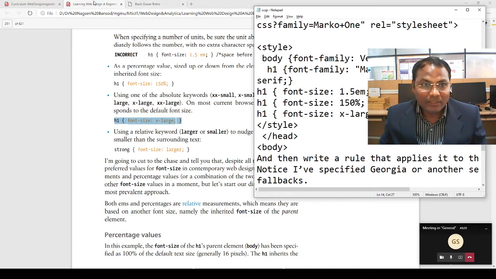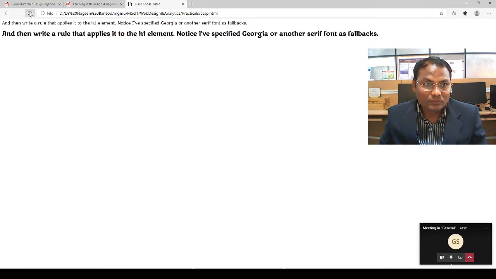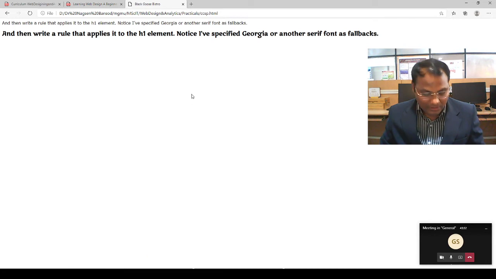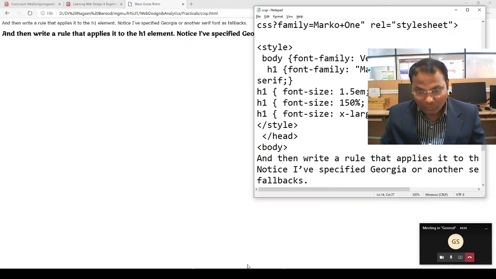There may be inheritance, yes, they are inheriting, so it is not taking the font style as we are changing, so we need to add here and here.